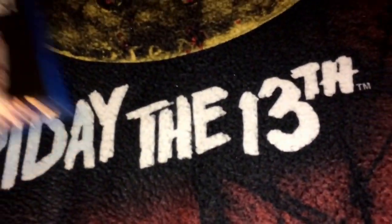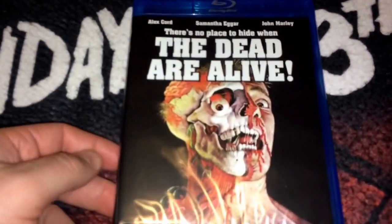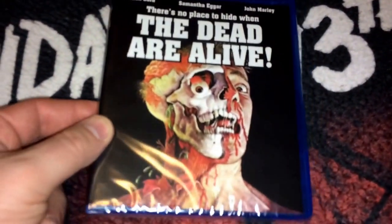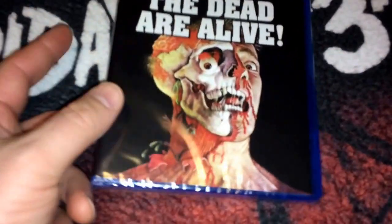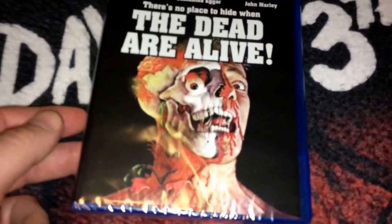The next one I picked up here is an upgrade. I did have the DVD of this edition here. This is The Dead Are Alive. And for some reason, this was part of the order. I placed an order for like 7 or 8 Blu-rays, and this one came by itself, and the other 7 are in a different package apparently. I don't know how that happened, but